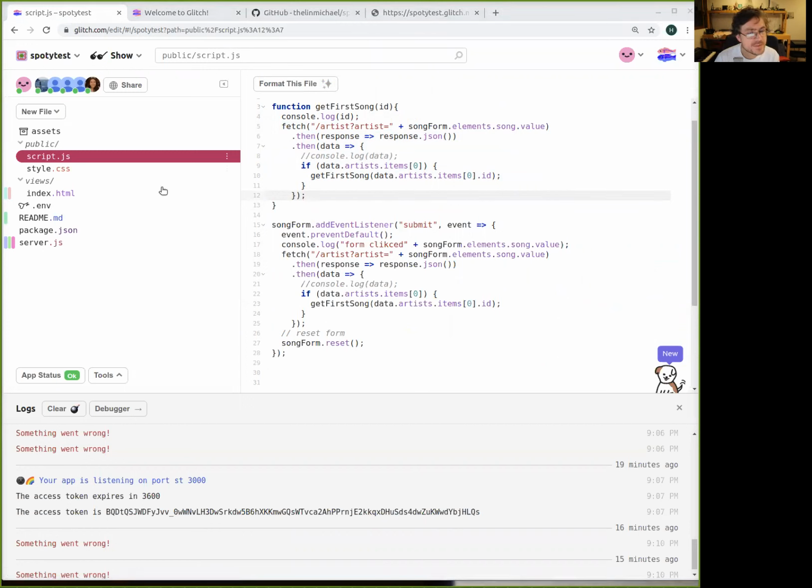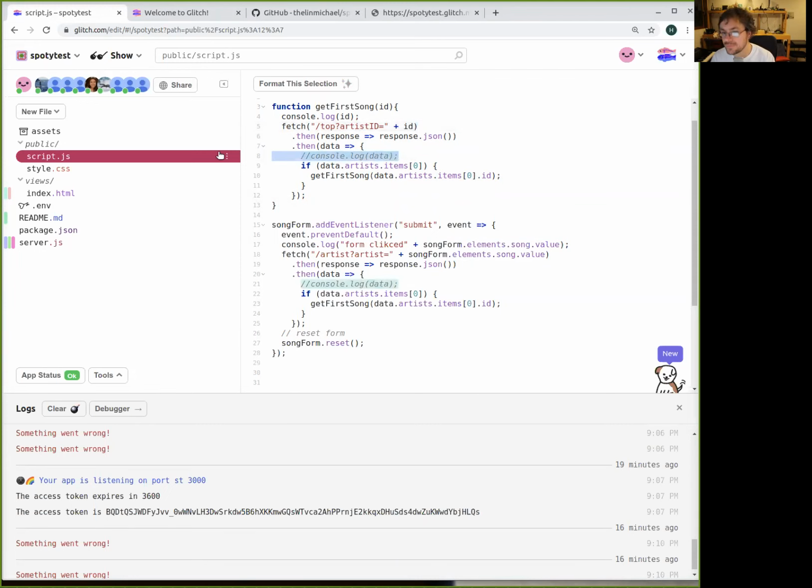So instead of artist, I'm going to fetch for... I already have this, so we can do this faster. Give me the ID of that. Okay. I get that response.